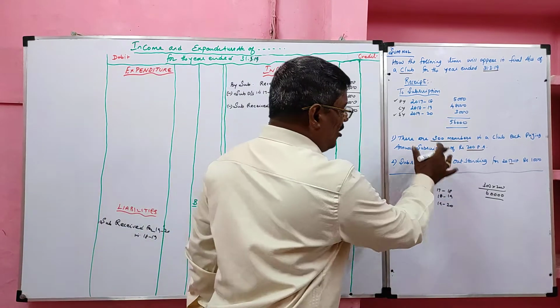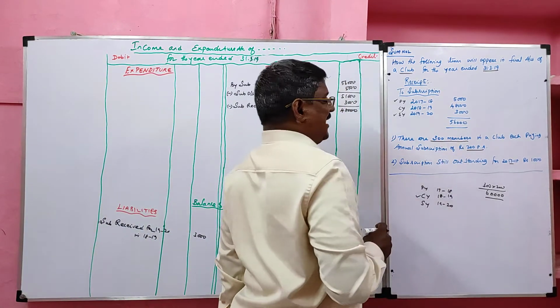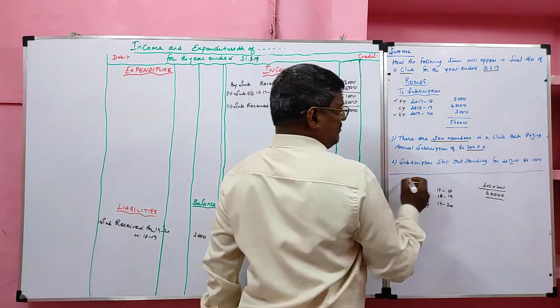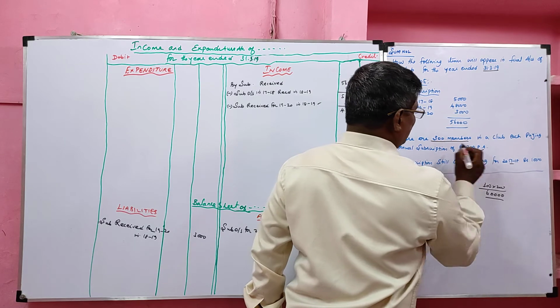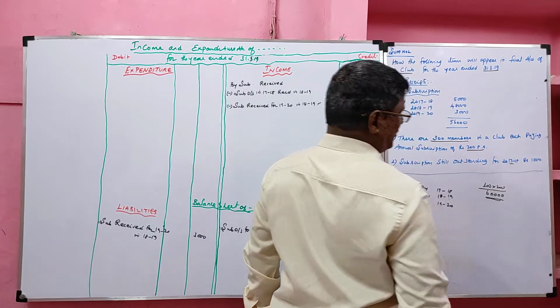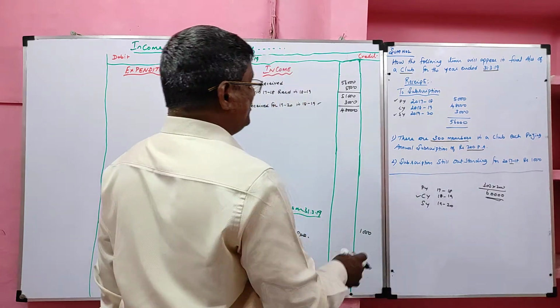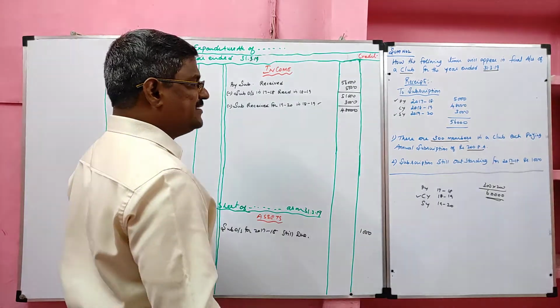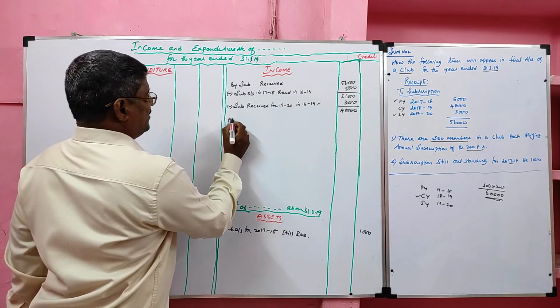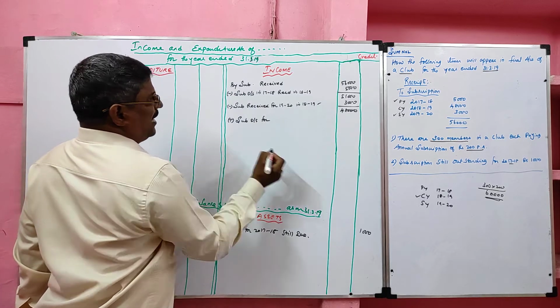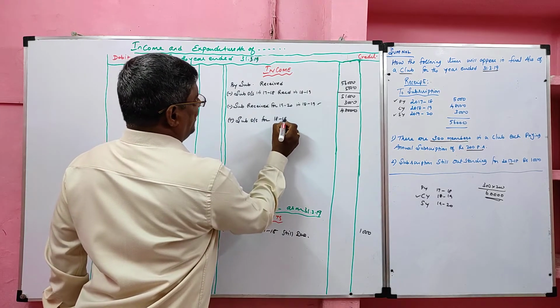After considering all the adjustments, then come to the member subscription. There are 300 members in a club, each paying annual subscription 200 per annum. So 300 into 200. So total subscription to be collected 60,000, of which already how much we collected? 48,000. So current year subscription outstanding is 12,000. This we have to add. Subscription outstanding for current year 18-19.